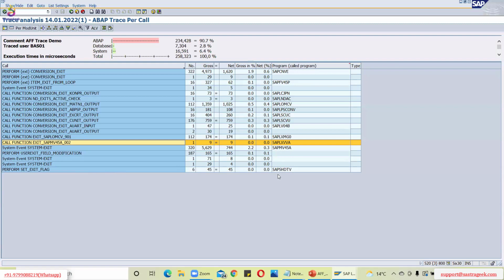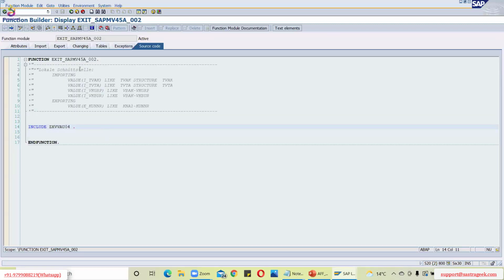So I got the problem why it is not showing, there is no identifier with G, right? This function module is there with what? Exit, not starting with Z, right? This is not starting with Z, and that's why it is not getting stopped in layer aware also, I think,